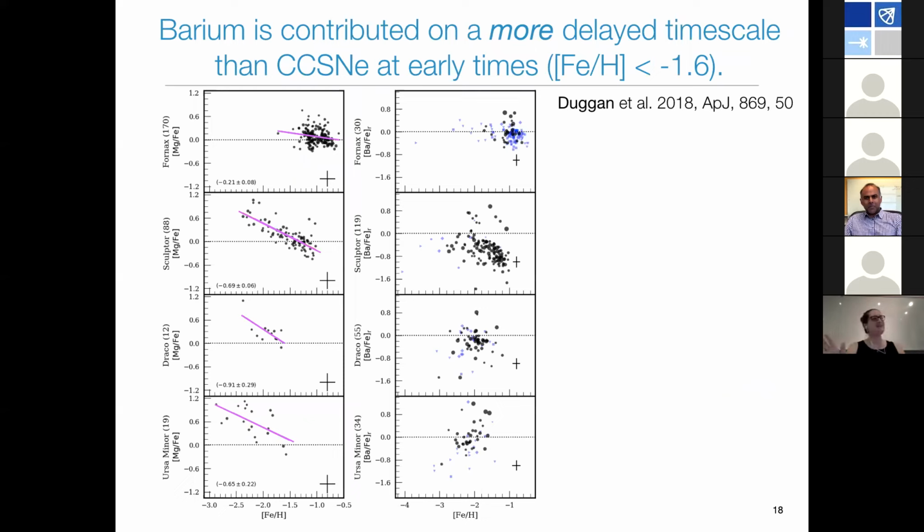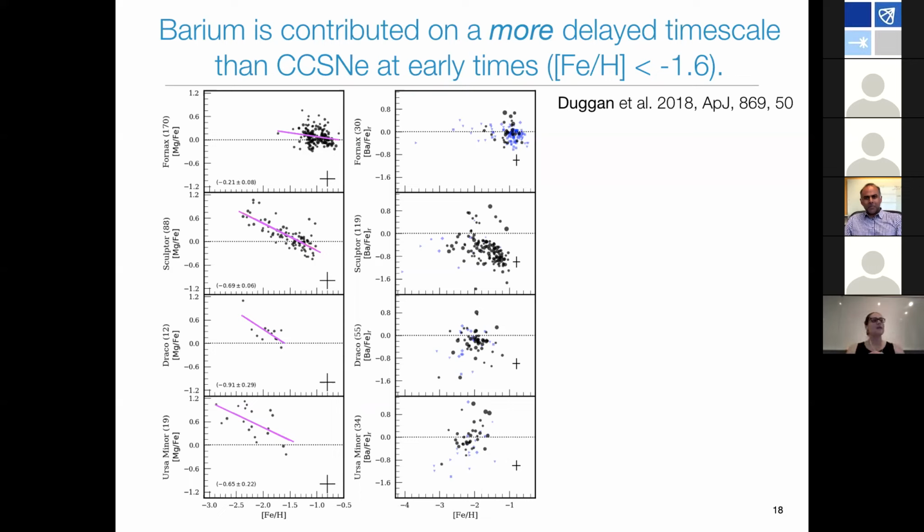So this is a complicated plot. On the left-hand side, we have the stacked magnesium to iron as a function of iron, from the Kirby et al. 2011 catalog. And on the right hand side, we have the barium to iron only from the R process. I've already subtracted the S process out, again for the same 4 dwarf galaxies. What we're doing is comparing the chemical trends of alpha to iron to barium to iron for the same galaxy. And there's a lot of strength in this